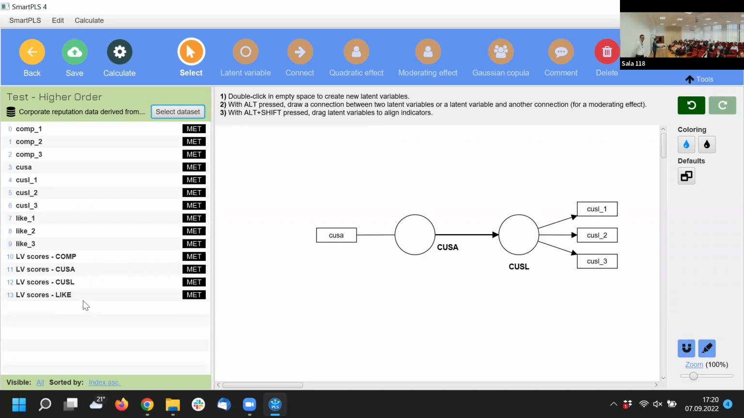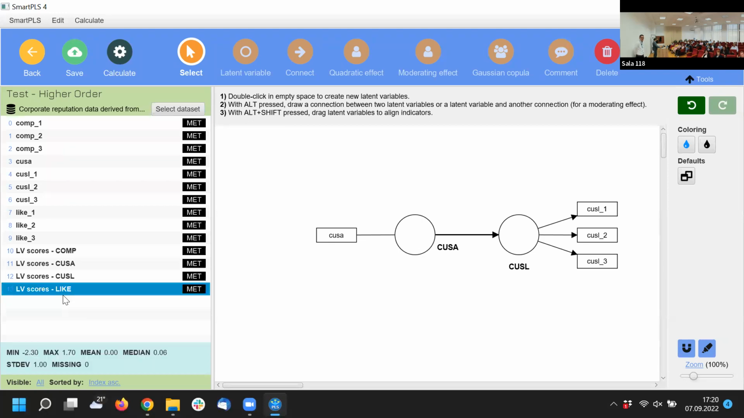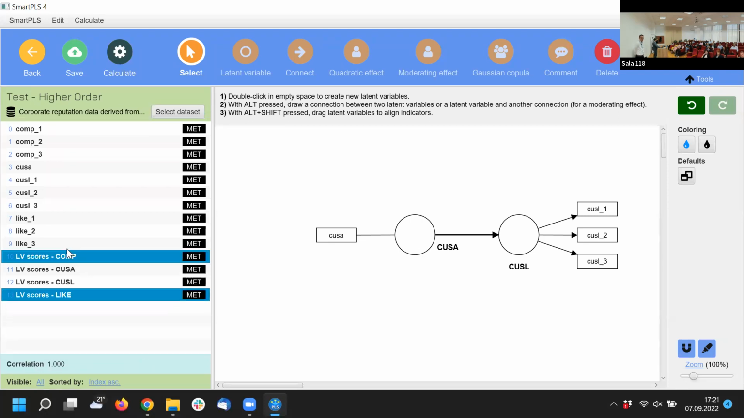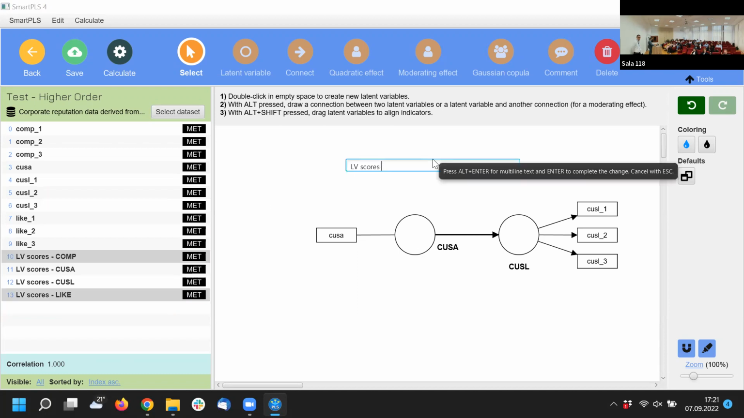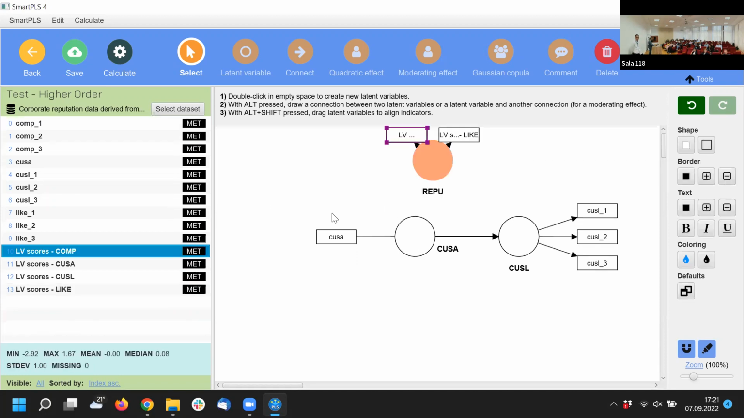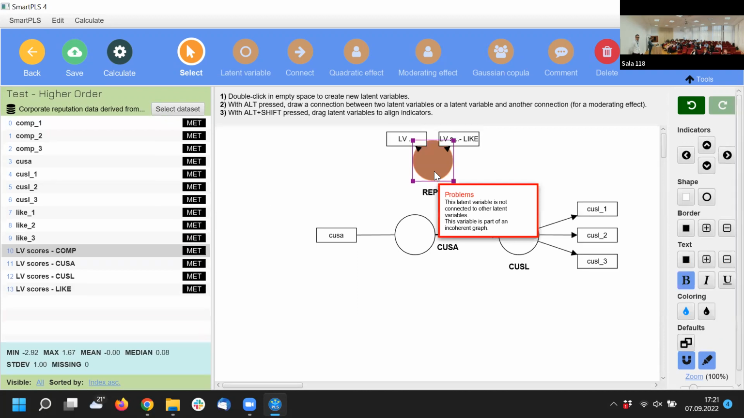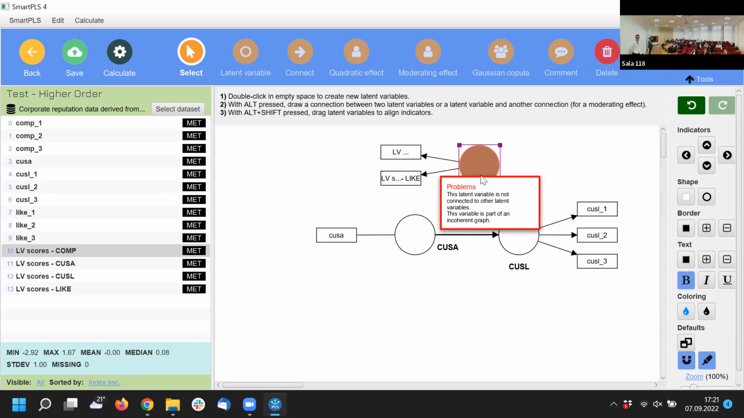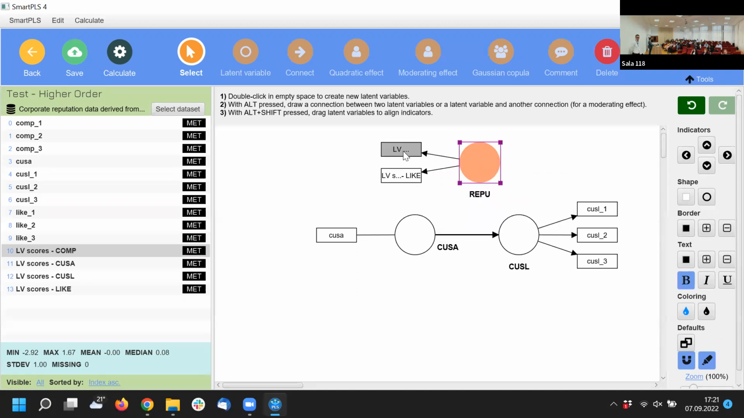And we would like to create our higher order construct, corporate reputation, with the lower order constructs, competence and likability. So I select these two variables, move them onto our model, here we are, and I take the abbreviation REPU for reputation. Looks a little bit ugly, I just select the construct, hit Alt-A, so it's now oriented to the left-hand side,